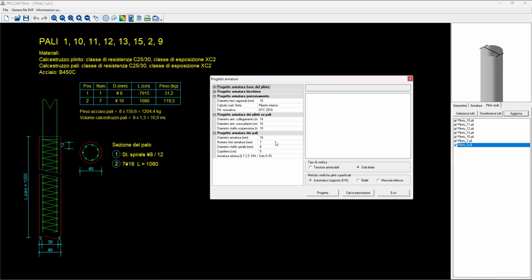When we project with this command, of course, the program can put a couple more of that. If we think that just 6 rebars are okay, we can go down. If we are sure that it's minimum 8 rebars, we can modify this number basically, but I think you understand, this is quite simple. And then you go click design, progetta.